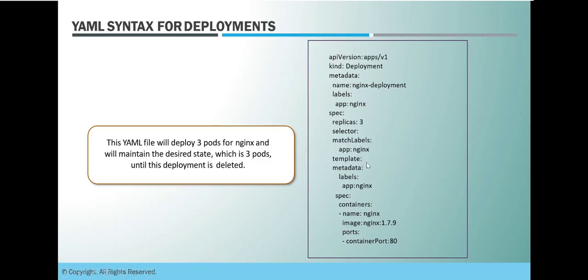So this whole section in template is your pod specification. If you are going to create a pod independently also, then this information will be used, including API version and kind. This is a typical deployment file that we'll be doing and deploying in our hands-on session. So these are various sections, especially 1, 2, 3, 4, that we typically have in most of the Kubernetes deployment or Kubernetes object definitions or YMLs.